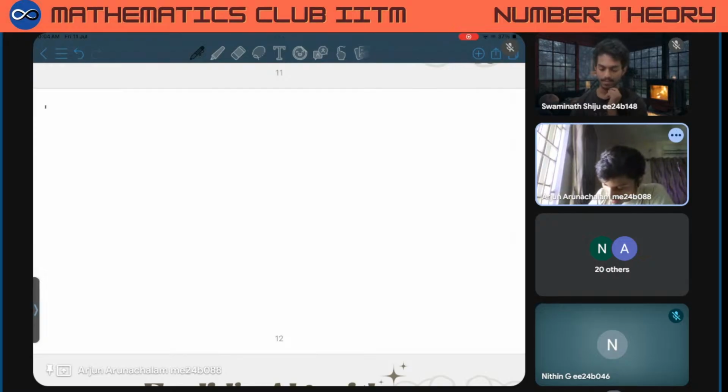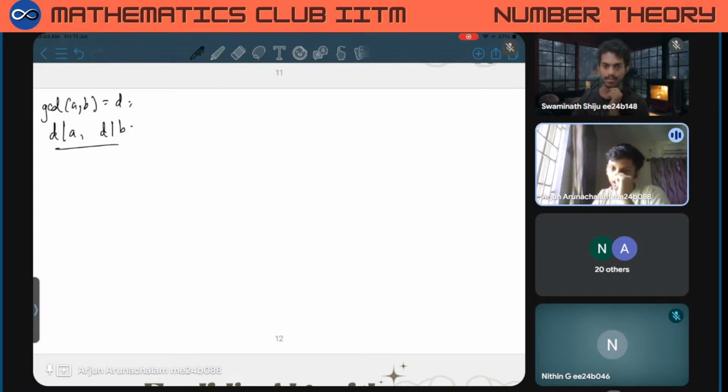So let's say you have GCD of a comma b is equal to d. So this implies that d divides a and d divides b. I hope you all are understanding the notation. If you have an issue at any point, just put a message. So a consequence of this is that,